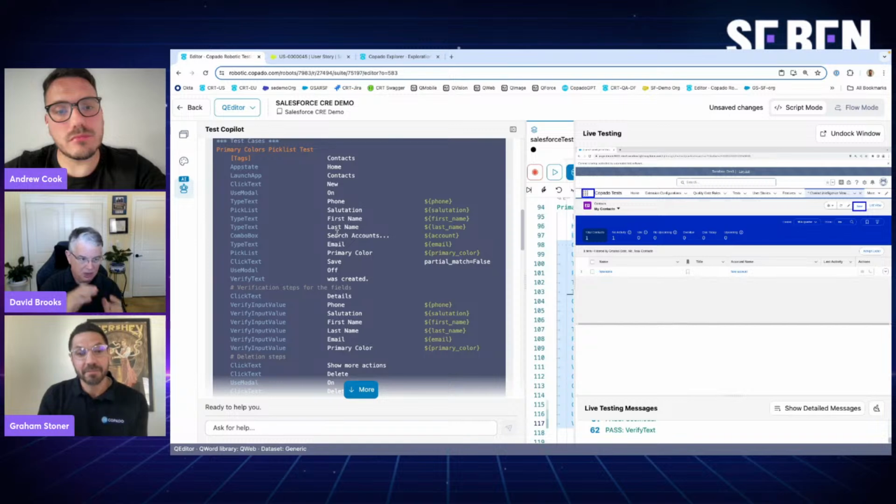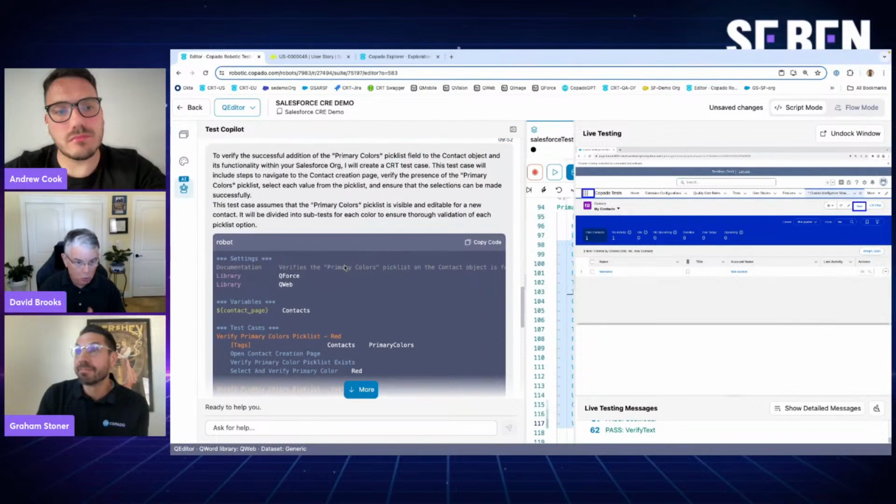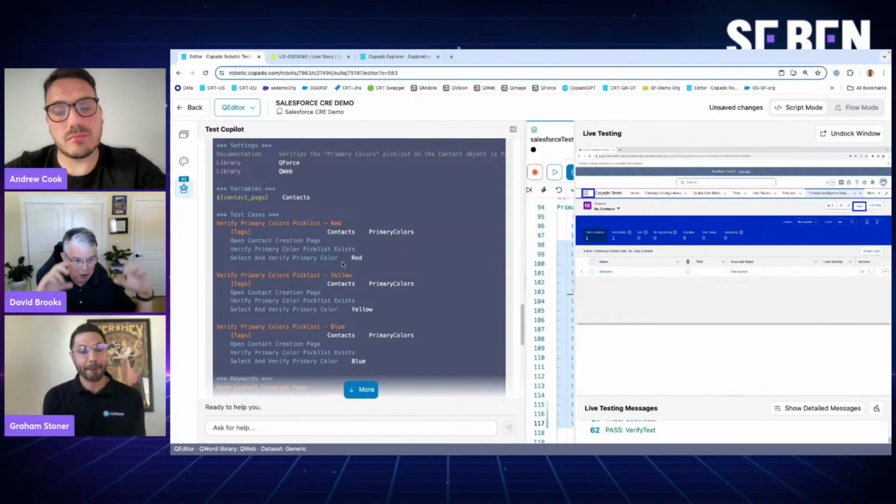So absolutely, that's taking an automatically generated test and then making it better, making it much more appropriate for a regression. And then the second use case, the code didn't exist, the UI changes didn't exist. You just basically said from the user story, here's what we want to build. Give me a test I can run when the code is ready. So that's like test-driven development and shifting all the way to the left, all the way into the planning phase,